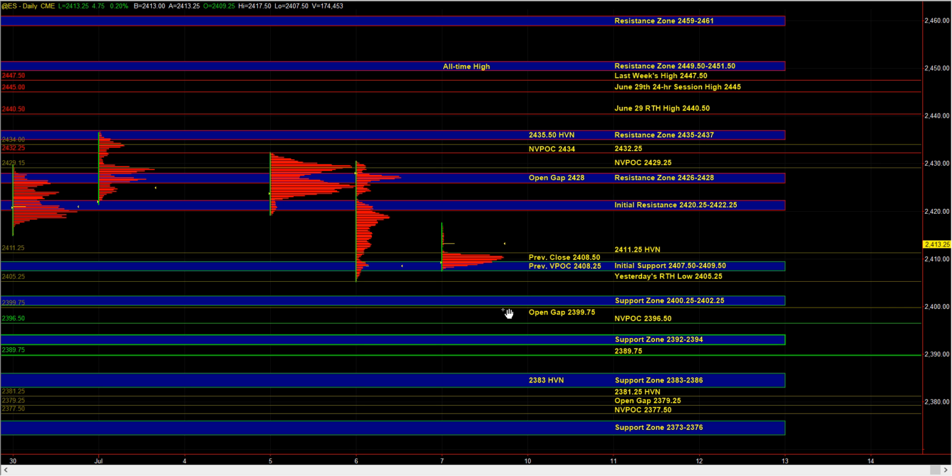So if the buyers are going to maintain this short-term control from the overnight breakout attempt, then you want to see it holding above 24.11 quarter and definitely above 07 half to 09 half. A break below 24.11 quarter and 07 half to 09 half would signal a failed breakout attempt, and at that point control could shift, at least on the smaller time frame, from the buy side to the sell side,